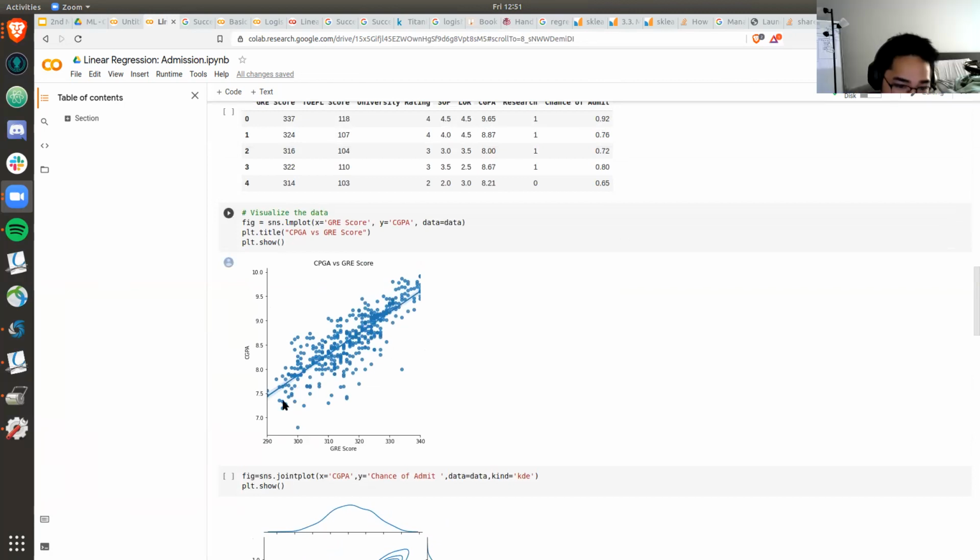So this line right here that you see just shows the relationship between the GRE score and the CGPA. You can pretty much see that the students who got a higher GRE score also have a high GPA.